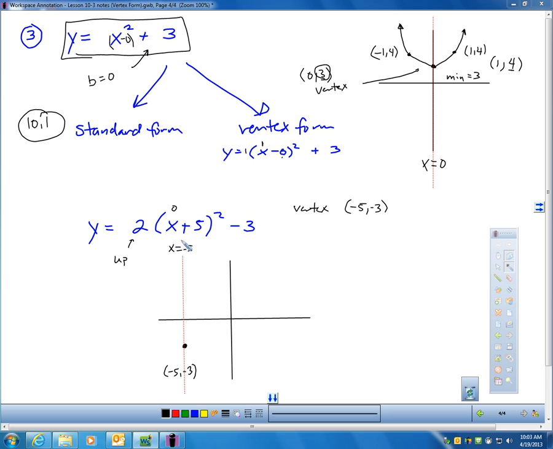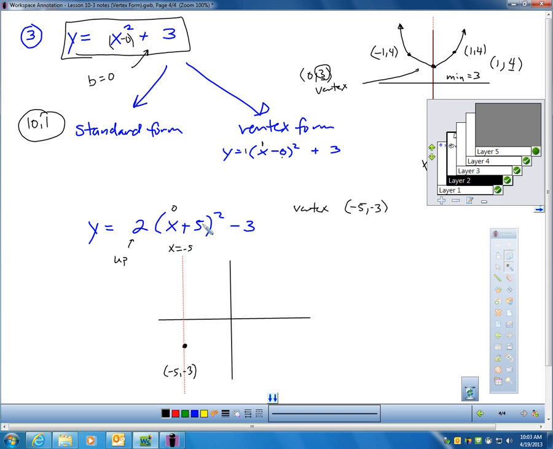If I plug in 0, 0 plus 5 is 5. 5 squared is 25. 2 times 25 is 50, and 50 minus 3 is 47. So I got a point way up here at (0, 47). And I can mirror that point over here, way over here. It would be at (-10,